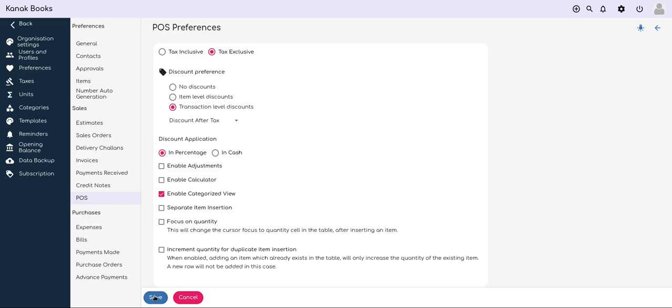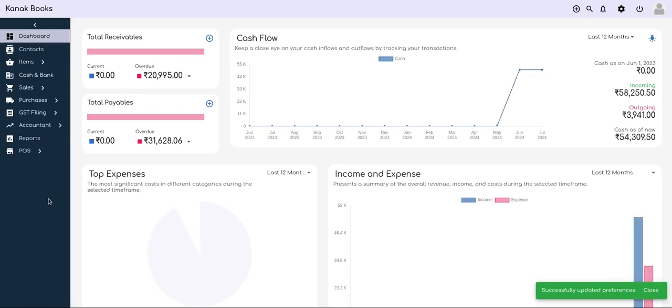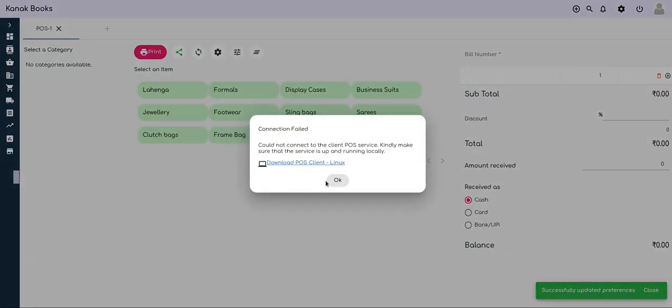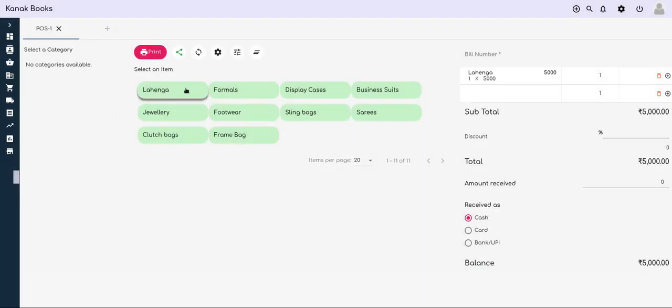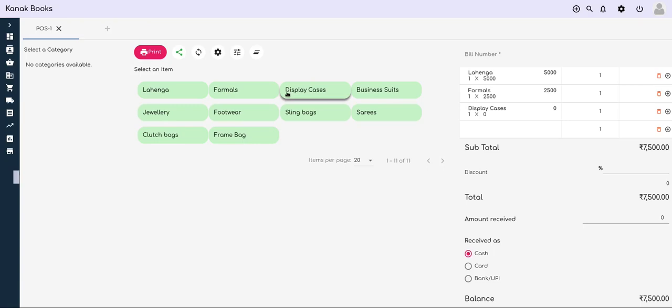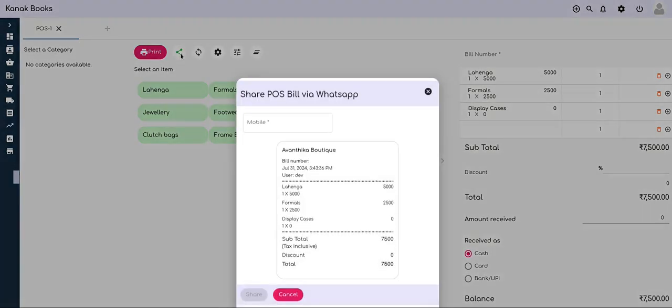POS is capable of printing bills on a thermal printer. It could be configured to run on different machines, each having a different ID, essentially enabling it to be used even as a mini supermarket billing software. However, it is to be noted that a particular POS bill detail will be available only on that machine, as bill details are saved locally.